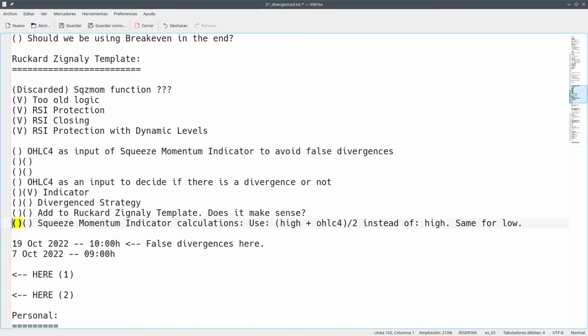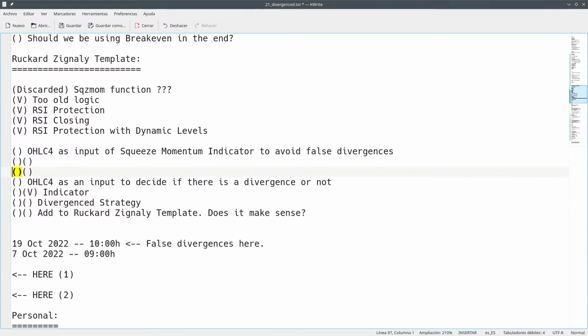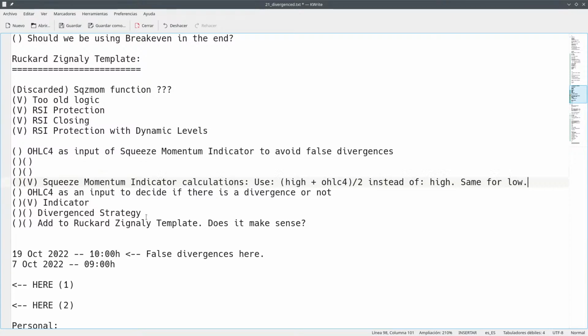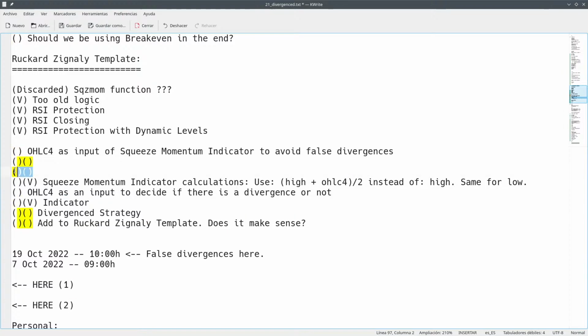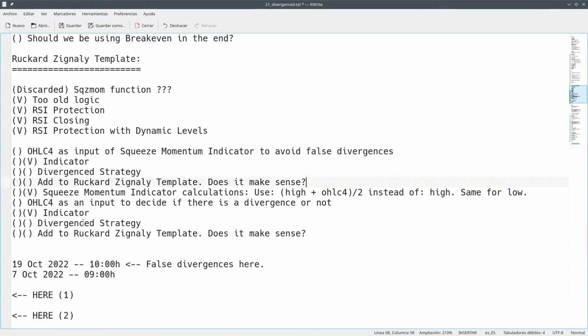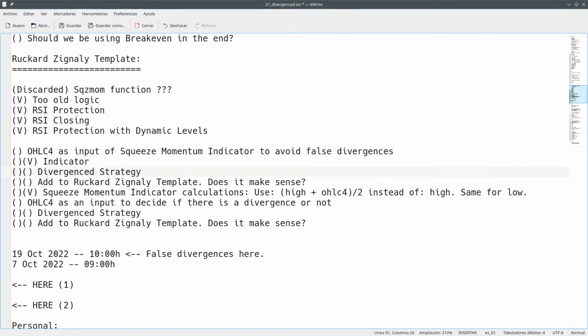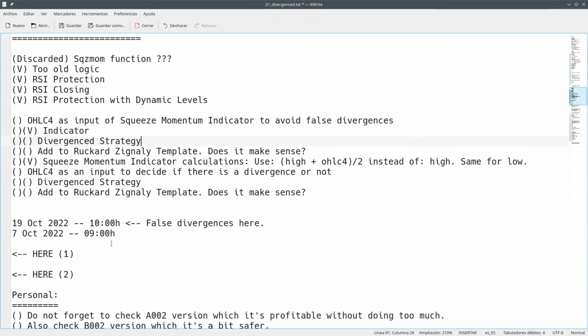Yeah, this one we have done, and we don't want it anymore, so I can put it here. So this is something like this. Wait a moment. Okay, so this doesn't make sense in the indicator. Okay, so